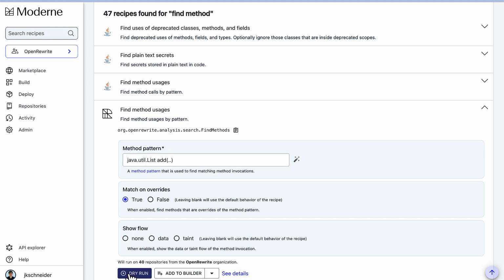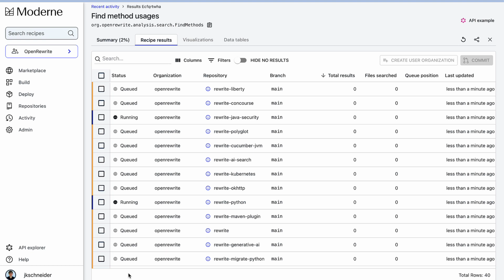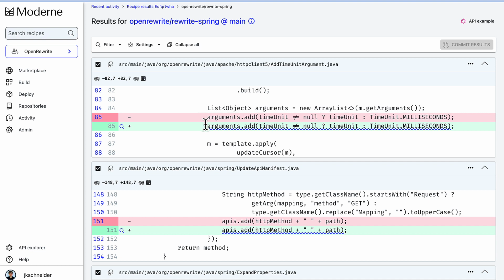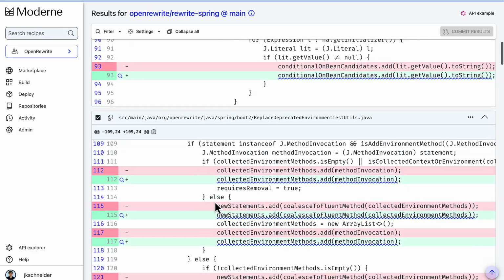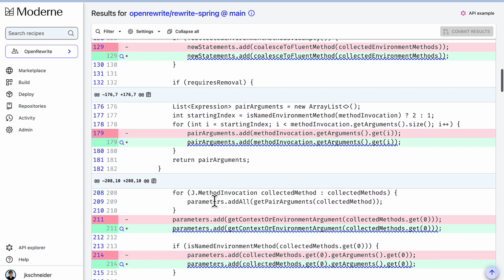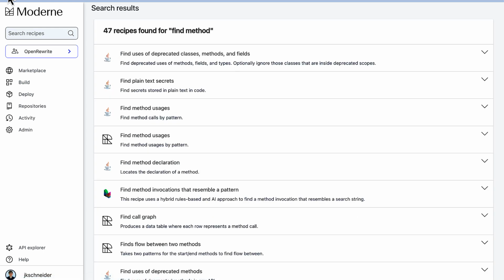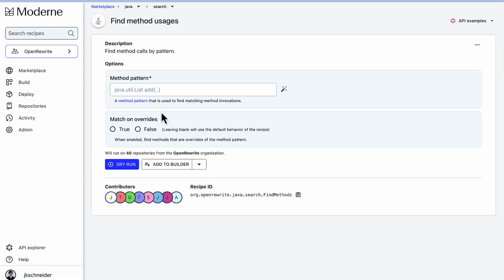So let's run this on the OpenRewrite organization of 40 repositories. If I start looking into some of the results, you can see here that there's a variable list object arguments. It is an ArrayList, and I'm calling arguments.add right here. There's probably a list somewhere that's of APIs. And so you can see we're matching only on those add methods that match the requirement that they are a list. So let's go back here to the recipe options for a moment